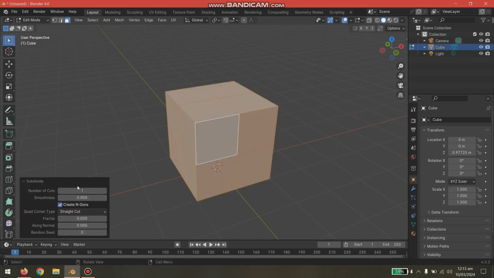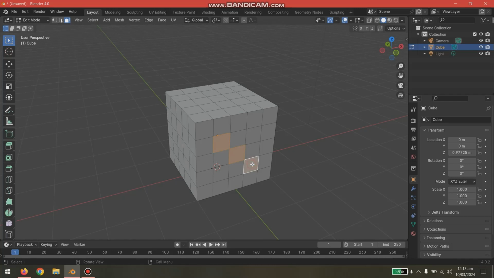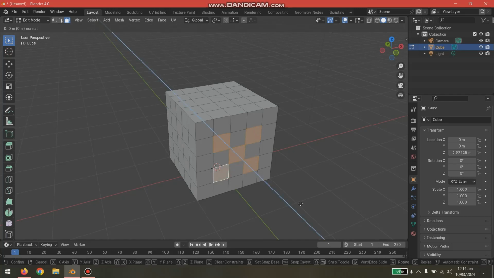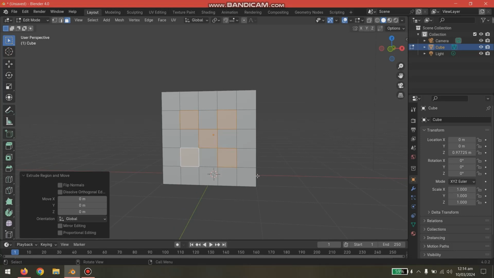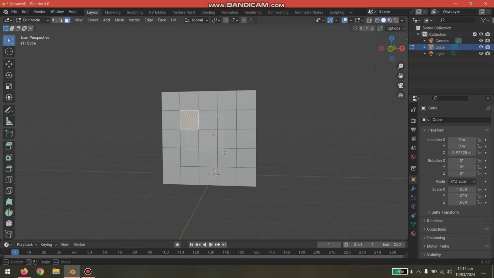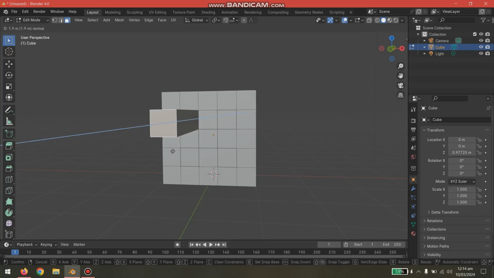The benefit of subdivide is basically that now you can just edit certain sections. So all of you remember extrude. I'm gonna extrude here. You can see now I can extrude it in this direction in certain parts of the view. You can also do Ctrl J, and this will be a joint section, but it won't work